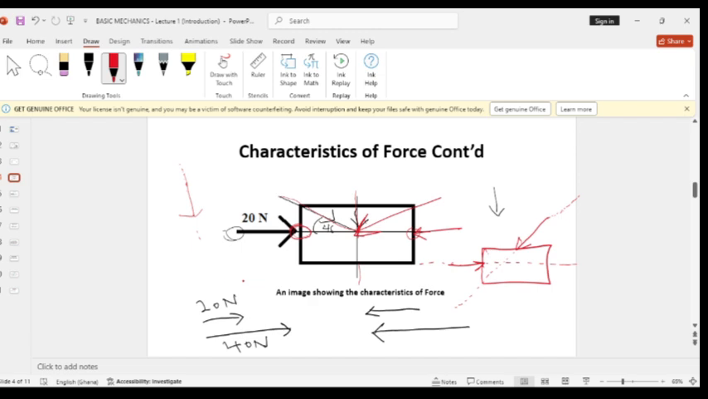So anywhere, anyhow the arrow is positioned, if you draw imaginary dotted lines through that arrowhead, you get your line of action. That is the imaginary path that the force takes. Okay,